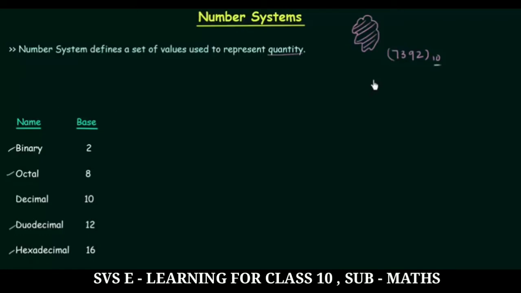The decimal number system is the most popular and common number system which we use in our daily life. If we have to measure the distance, weigh something, or count our money, we use decimal number system. There are 10 different digits in decimal number system from 0 to 9: 0, 1, 2, 3, 4, 5, 6, 7, 8, 9. These are the 10 different digits in decimal number system.